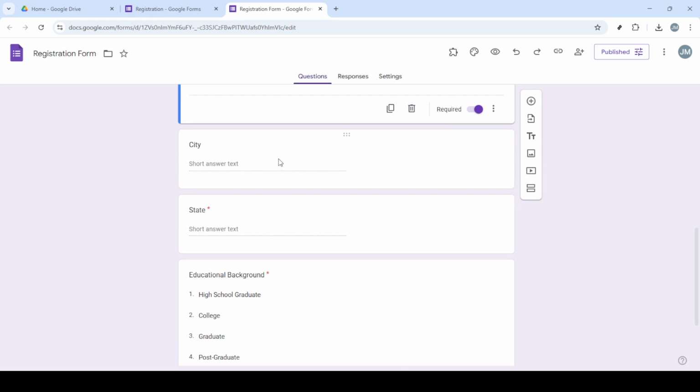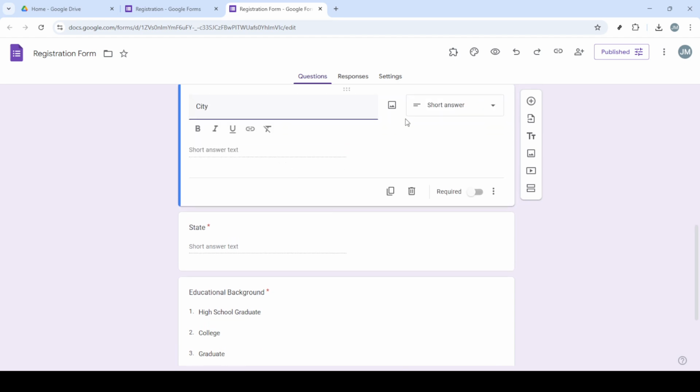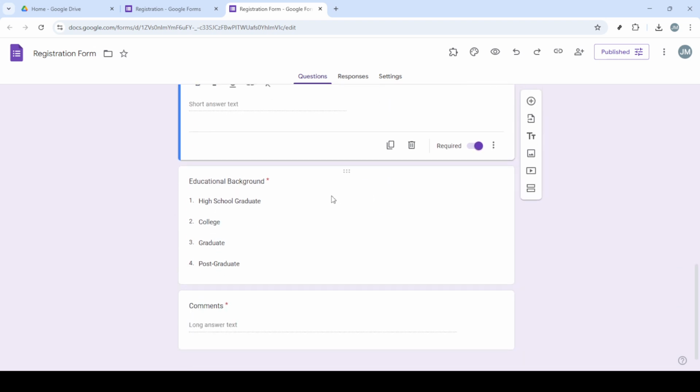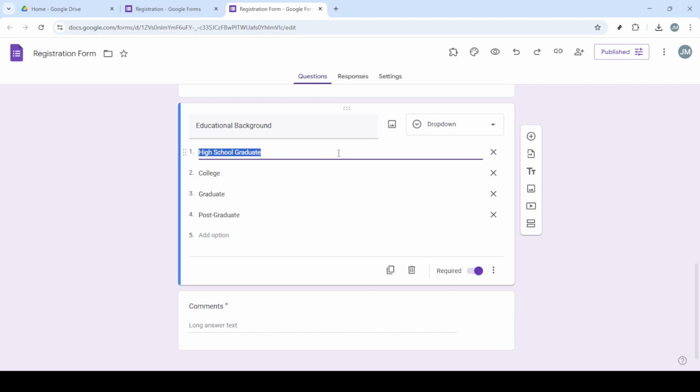Let's add a request for phone number using the same process. Simply type phone number and choose short answer as the response type. Next, we'll add a date of birth question. Enter the text in the question field and this time change the response type to date to ensure the format